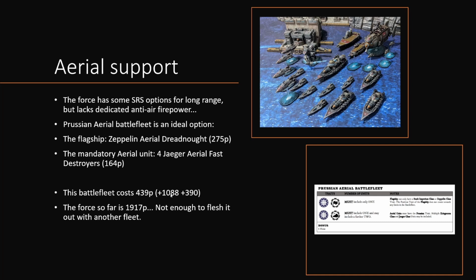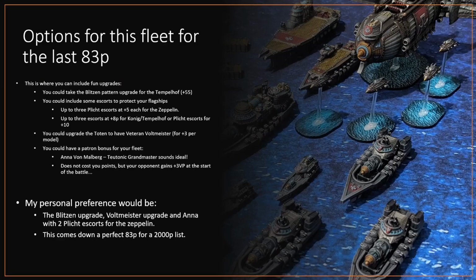If we include the 1088 points from the Teutonic Order and the 390 from the support carriers, that means I'm down to 1917 points. That's not quite enough to flesh it out with another battle fleet, because you'll be hard pressed to find a flagship costing less than 80 points. And this is where you can start thinking about what can I do for those last 83 points, because even finding regular units that cost so little is starting to become difficult,